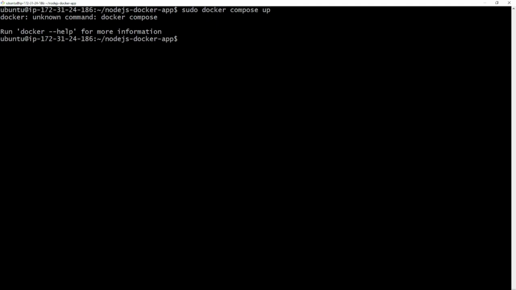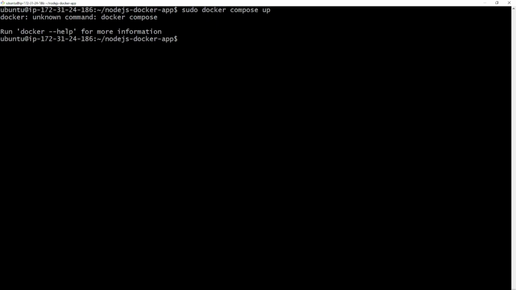Now on Ubuntu 26.04, the package has been renamed. So instead of the Docker Compose plugin, we have Docker Compose version 2. The command you will still use is docker compose app, but the package name has changed. So let's be careful when you're on Ubuntu